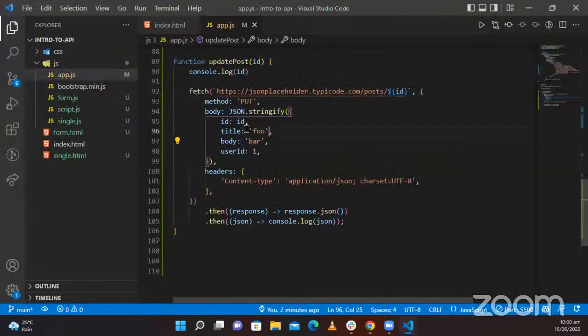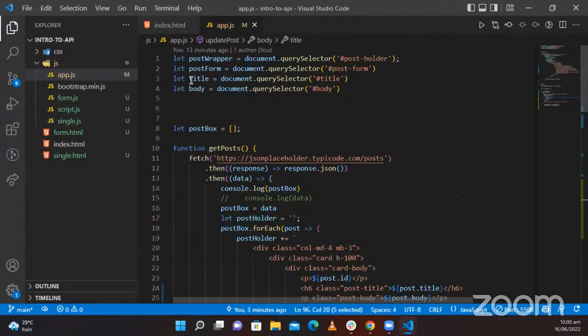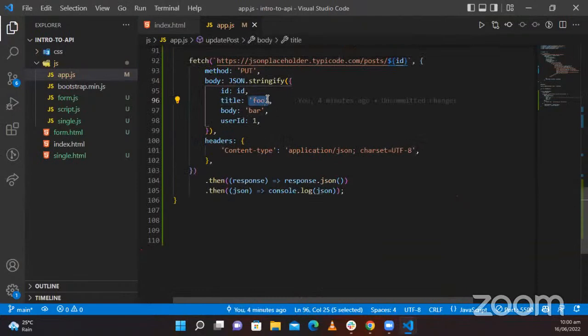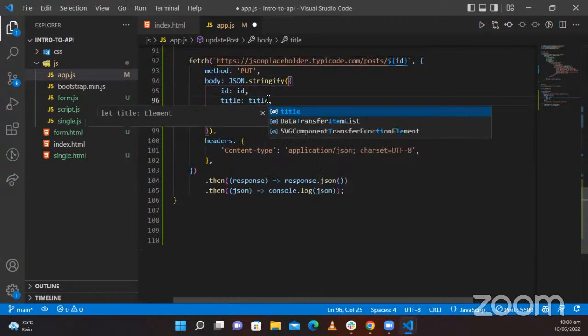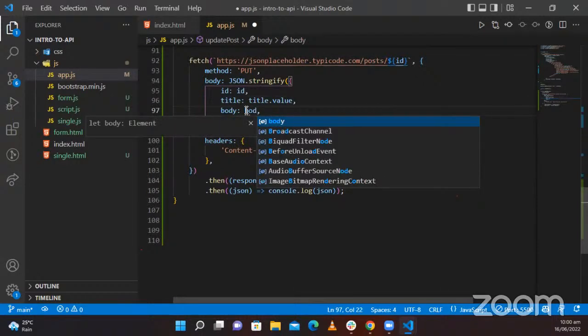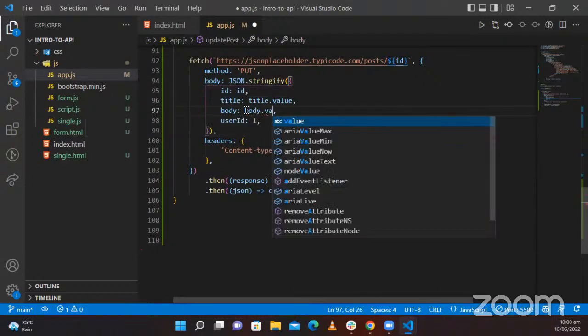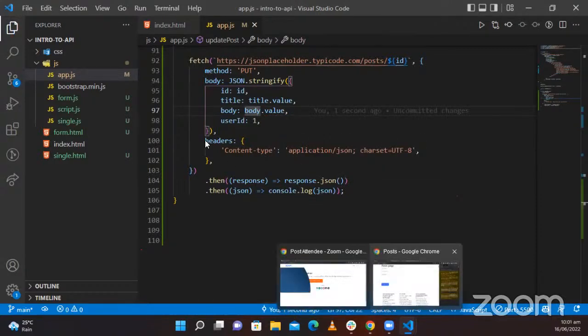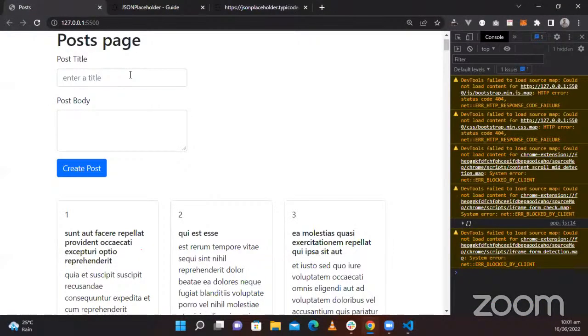So instead of this foo, remember that we used query selector to select the title field and the body field. So I'm going to replace this with title.value, then body.value. So these are coming from the input fields now. So that's why when I type something here,